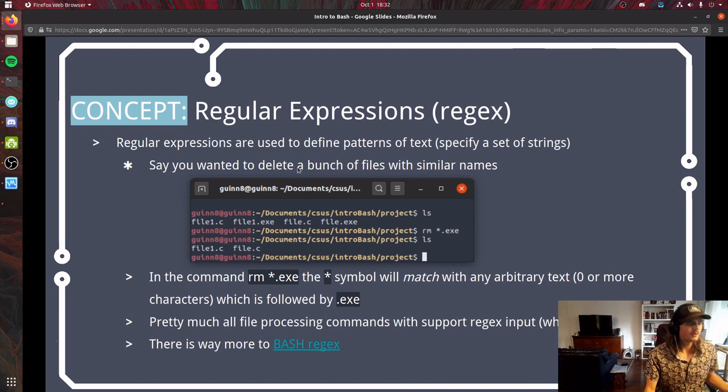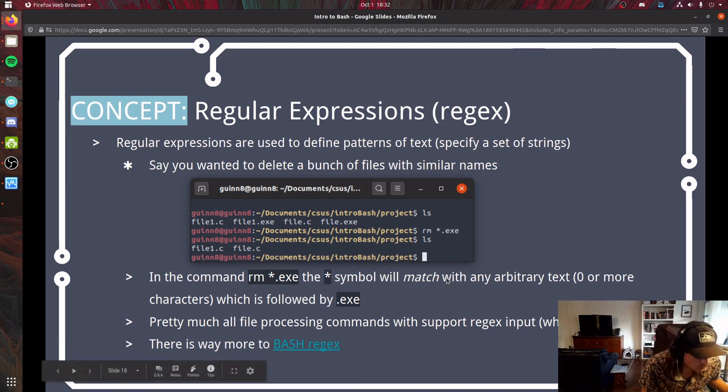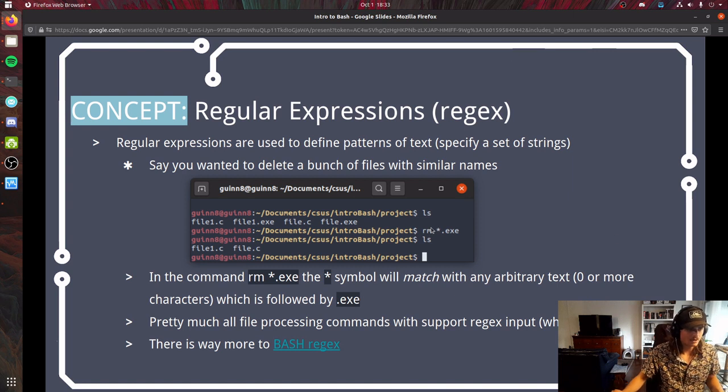So say you wanted to delete a bunch of files that all have similar names. So say you have a bunch of files with .exe extensions. They have similar names. You would feel like you can group them in some manner, right? Well, the command rm *.exe, with the star key on your keyboard, will match with any arbitrary text of characters, so anything which is followed by a .exe. So if we run the command rm *.exe, we can see it's deleted both of these files. And you can use the star anywhere,